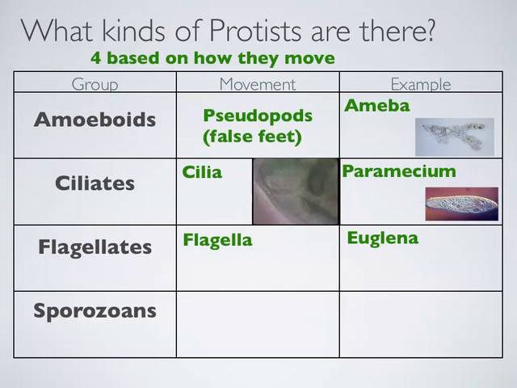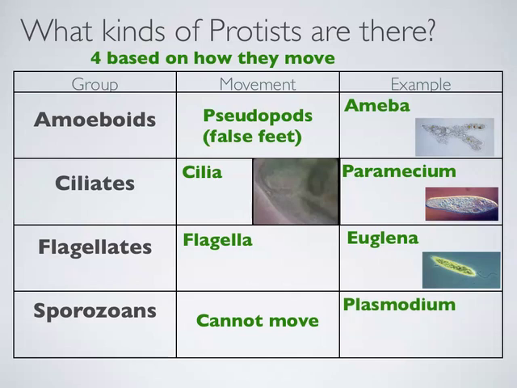And then the fourth one is sporozoans. Sporozoans actually don't move on their own. So they can't move. The one we're going to focus on is called Plasmodium. And that's the one I mentioned earlier, one that causes the illness and death of millions of people around the world. It causes significant disease, not so much a problem in the United States, but in parts of Asia, in parts of Africa. It's a disease transmitted by mosquitoes.